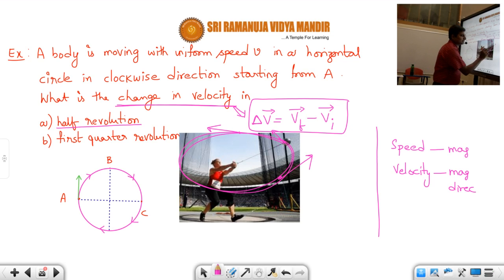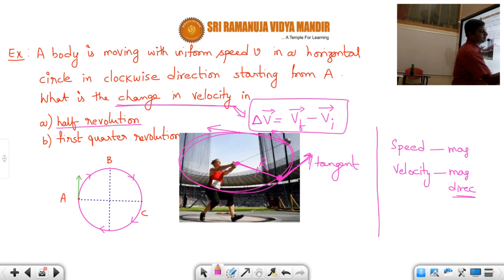So at that point, the direction of the ball is tangential. Suppose this is the center. This is the radius. This is called the tangent. So therefore, students, whenever we are asked to calculate the direction of the velocity at a point in a circle, we just have to draw the tangent. By practical experience also you can know. Suppose she is holding the ball here, and if you cut this thread, what will happen, students? It will go in this direction, tangentially. So the velocity direction can be obtained by drawing a tangent at that point, students. Okay. I hope, students, you understood this diagram.